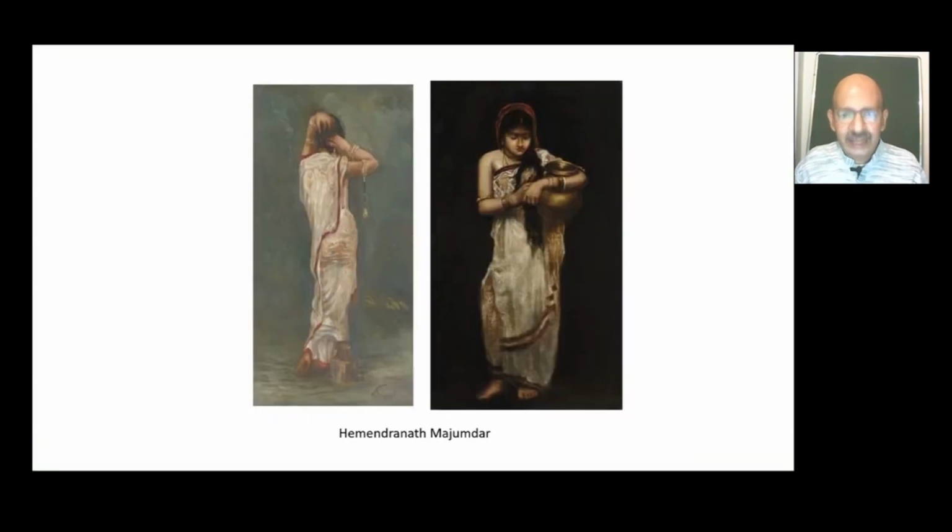But again, Hemendranath Majumdar was actually using certain academic naturalistic techniques, I must say. Techniques which allow you to show transparency of your dress, which allows you to show tactile feeling. Almost you can touch the water, you can touch the transparent dress, you can almost feel the wetness of the